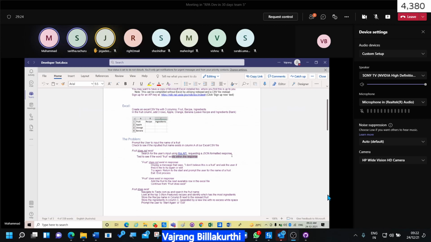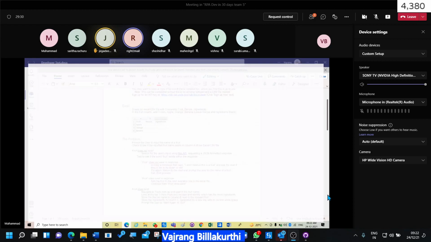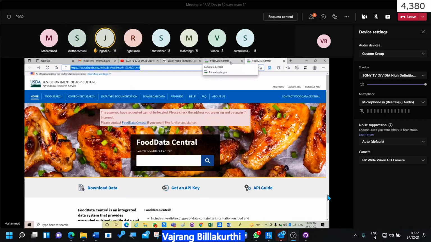First we have to search in the API, Mohammed, whether it exists or not. If the fruit does not exist in the response, tell me the fruit name here. Apple, banana, what else? Jackfruit. Other than jackfruit? Strawberry.